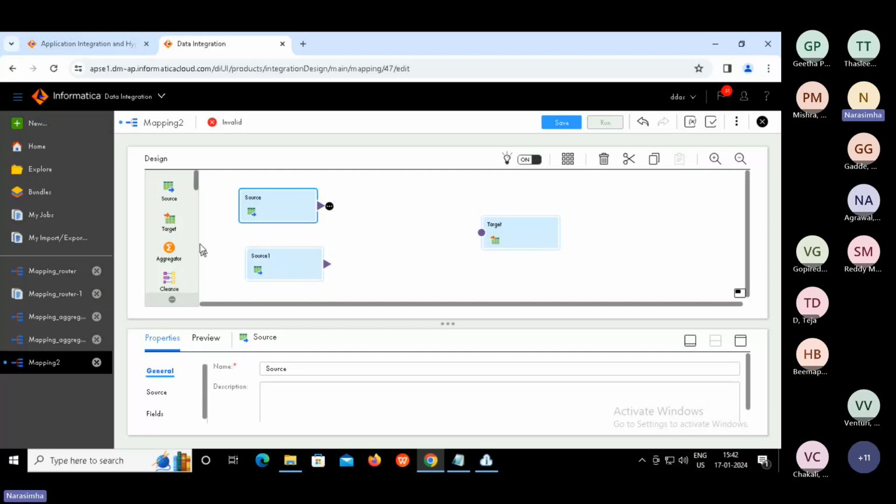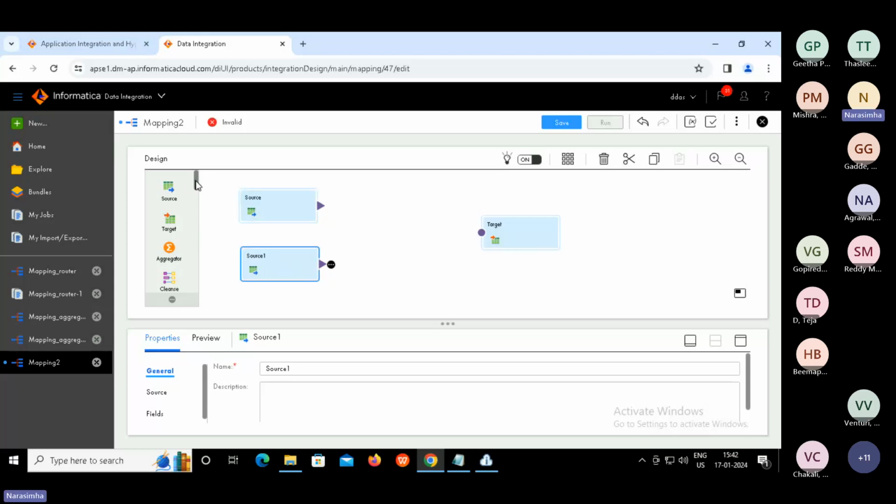Now scroll down. Oh, it got stuck. It is there. Now scroll down and select the union transformation. This one, right? So drag and drop here.